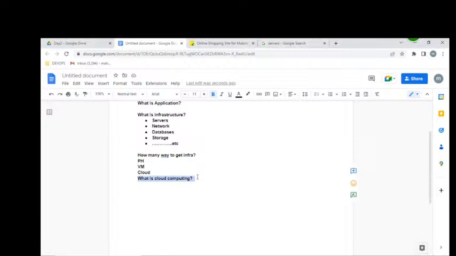If you can access remotely placed resources over the internet from your laptop, that is nothing but cloud computing. So let us understand it a little deeper.